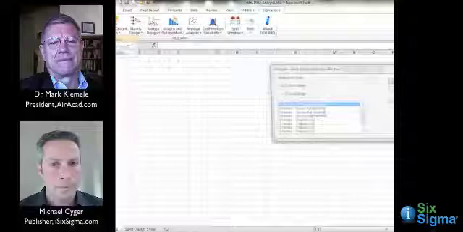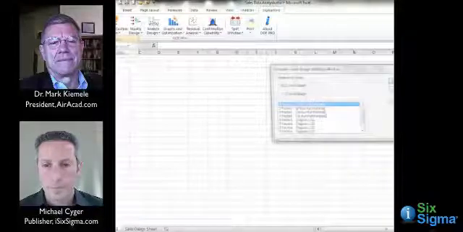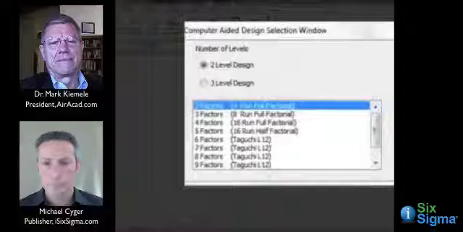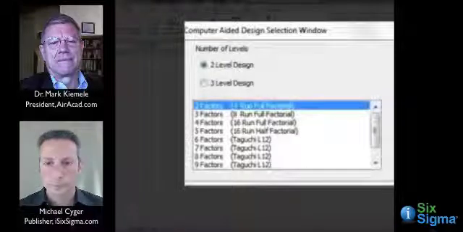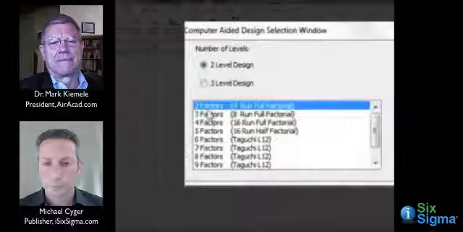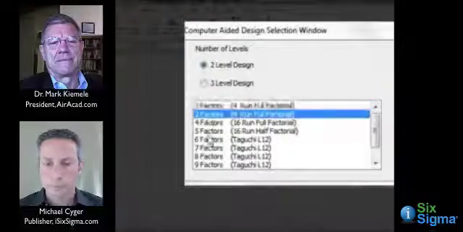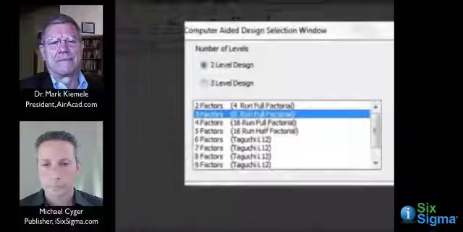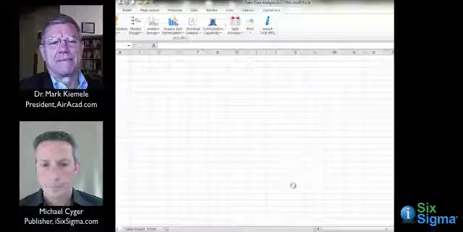The software will ask us, how many levels do you want to test at? Well, the simplest is 2 levels. You got to test at least 2 levels. 3-level designs we won't get into today, but 2 levels. But we have 3 factors. There were 3 inputs on that IPO diagram. They were product type, they were sales background, and then customer type. So we just press next, and then it comes up if you want to let the software, you want to